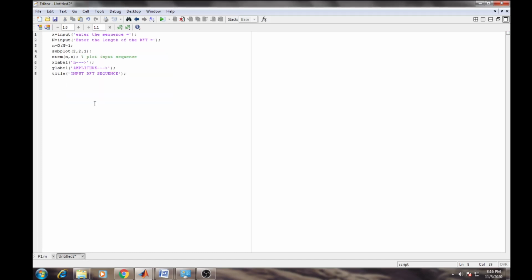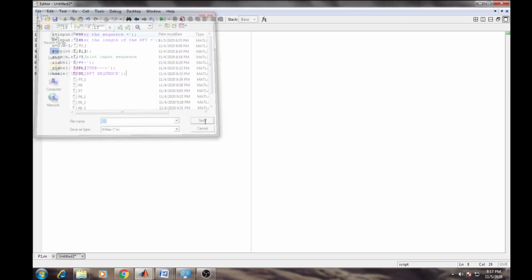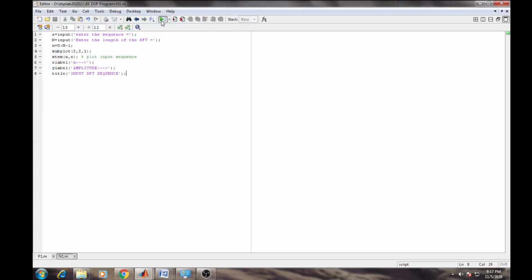So I put this code in a new file. I save it as n1, and save. Now you can execute it.